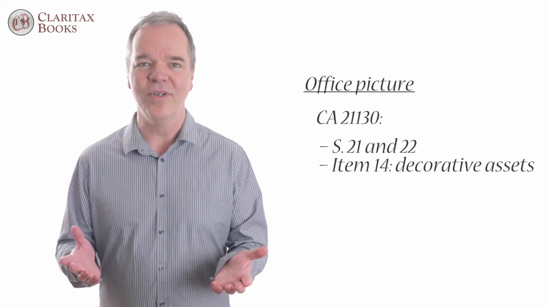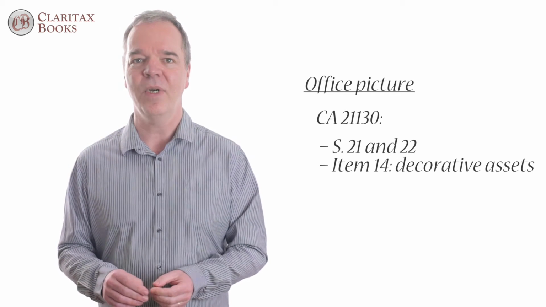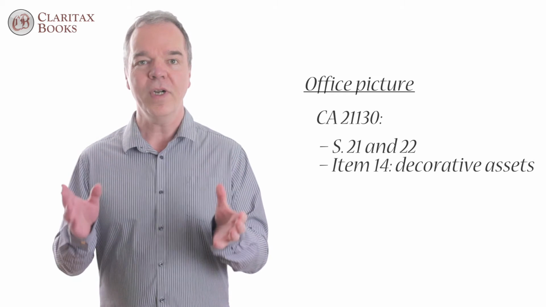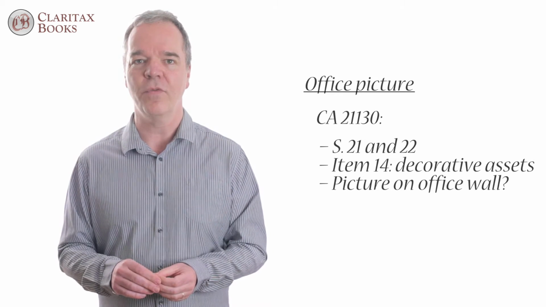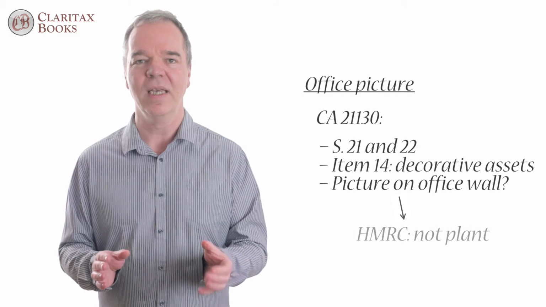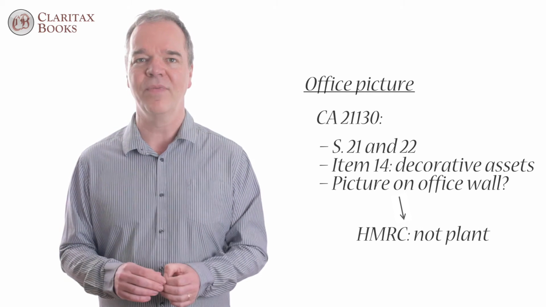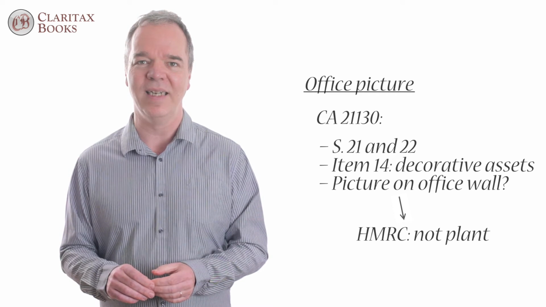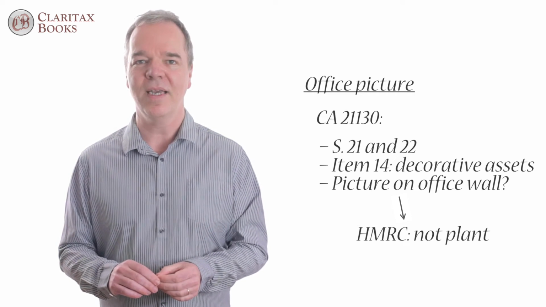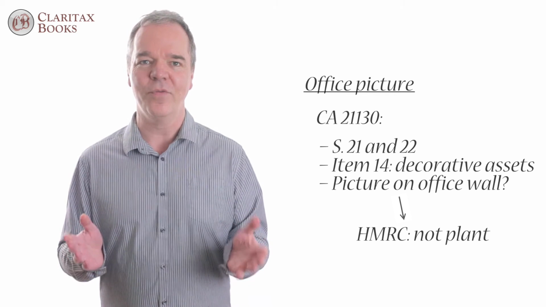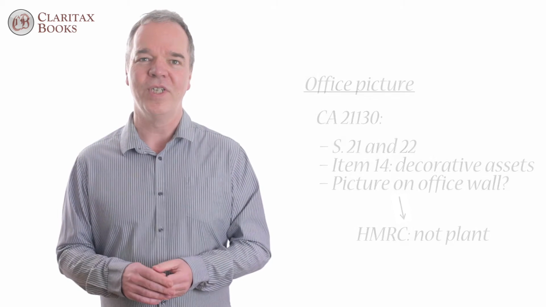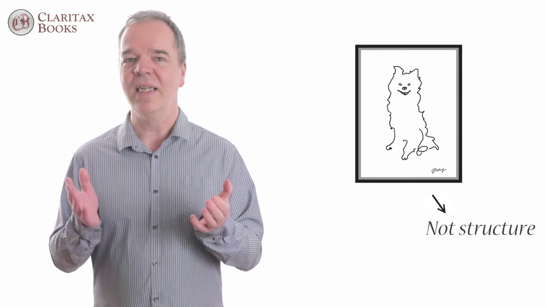So far, so good, but immediately after this, the HMRC guidance goes on to say, for example, a painting on an accountant's office wall that is owned by the accountant is not plant because selling atmosphere is not part of an accountant's business. And this is where I part company with HMRC's line of reasoning. The relieving provisions of Section 23 are only needed if the asset in question forms part of the premises in the first place. The picture hanging on the accountant's wall is clearly not a structure and is therefore not caught